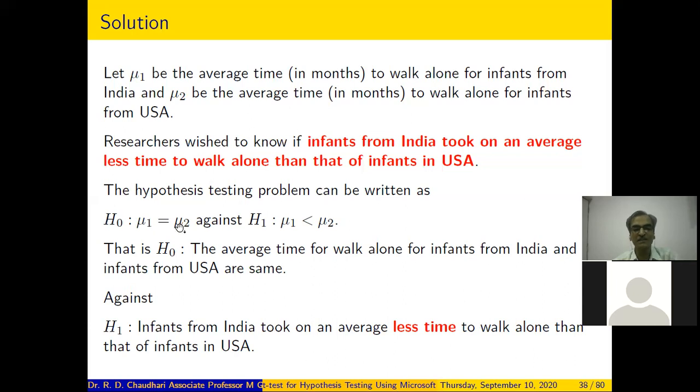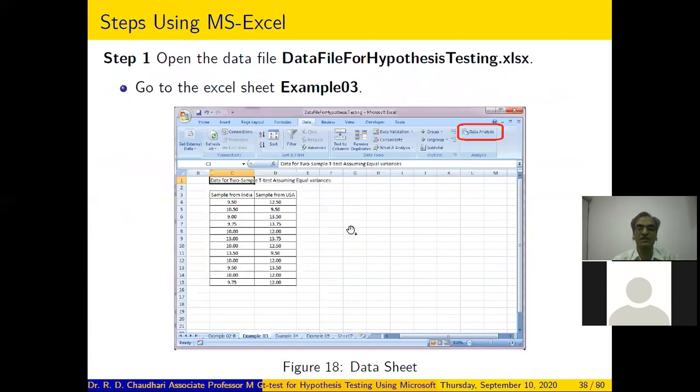That means their means are same. Against the alternative hypothesis H1, infants from India took on average less time to walk alone than infants in USA. So the alternative hypothesis H1, mu1 less than mu2, is a one-tailed hypothesis.